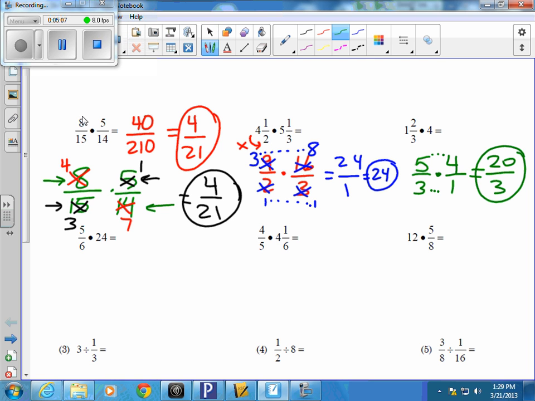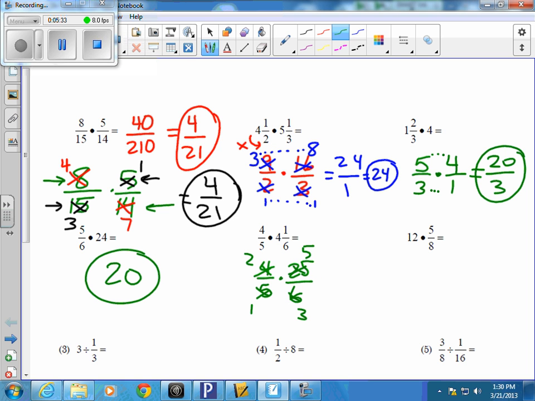So for 5/6 times 24, you should have gotten 20 for that. You should be able to cross simplify the 6 and the 24. For 4/5 times 4 1/6, that should be the same as 4/5 times 25/6, which means you can cross simplify by dividing by 2 and dividing by 5, and you should have gotten 10 over 3. And the last one, 12 over 1 times 5/8, you should have cross simplified